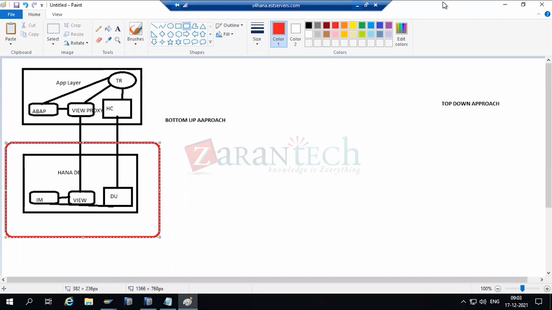Okay, good then. So now we'll talk about a few new things. So we understood what this is, and we know that now we'll be working on these CDS views, right? So what is the important thing if you want to work on a CDS view? The important thing you need to understand if you want to work on this particular